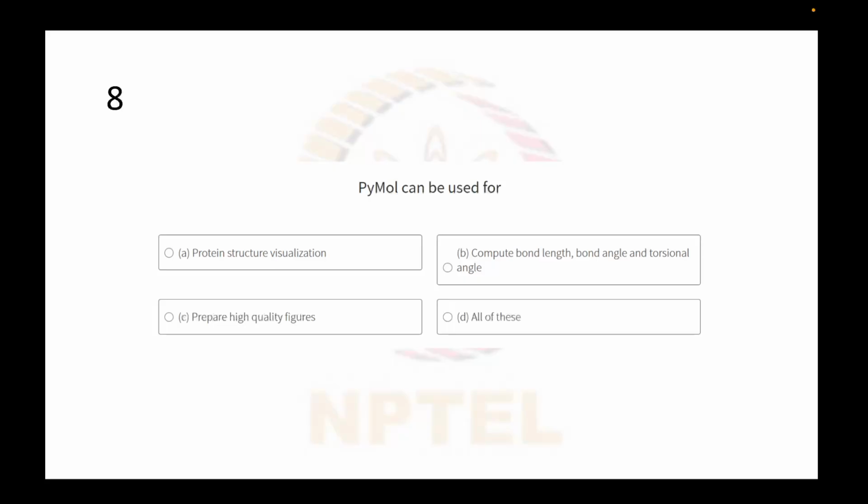So PyMOL is the protein structure visualization tool, and it is also used through plugins. It can compute bond length, bond angles and torsional angles, and it can also prepare high quality figures. All this we have discussed in the PyMOL section. So before that,